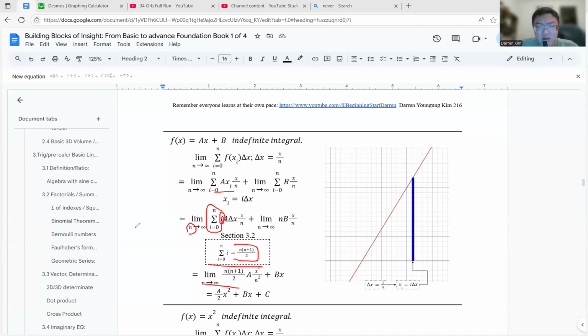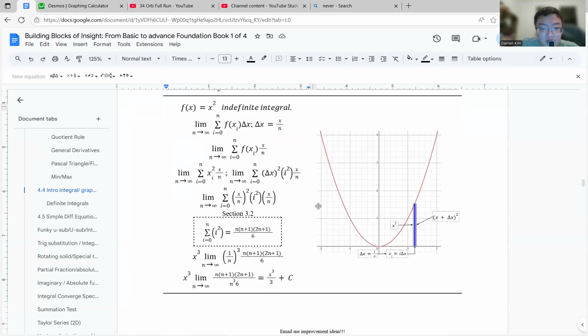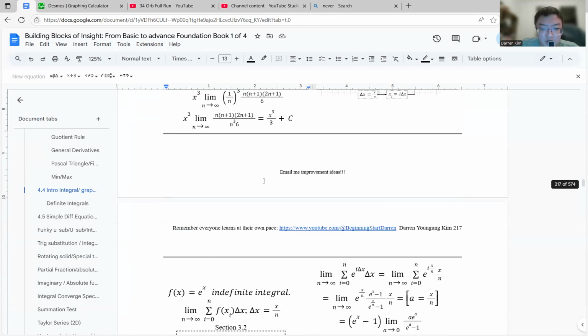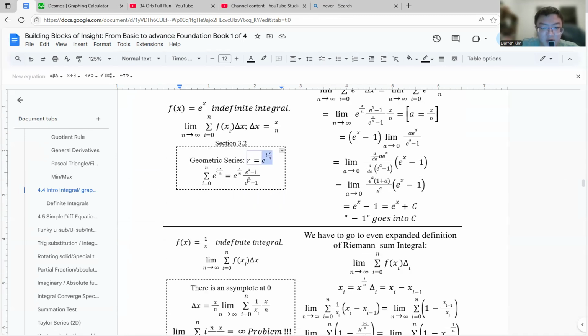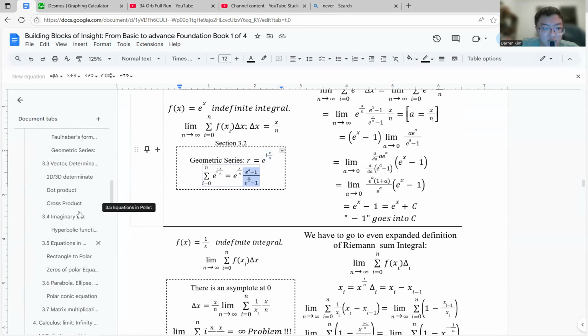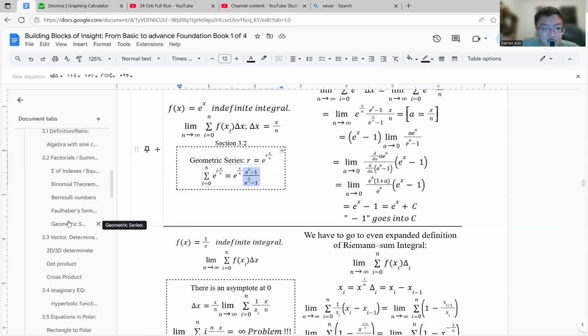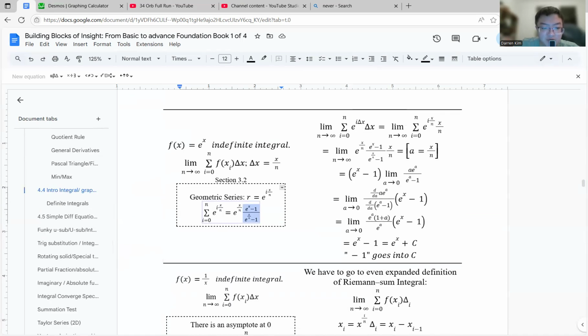Now, we did a lot of limits on this before, so I'm not going to mention how to do this because it's kind of clear. And we do the same thing over here. Again, that's why section 3.2 was so important. Section 3.2 is important again because it allows us to solve this one too, with a geometric series. If you look at 3.2, there's a geometric series down over there. There are no questions for it, it's bare and dry. I need to make more questions about it.